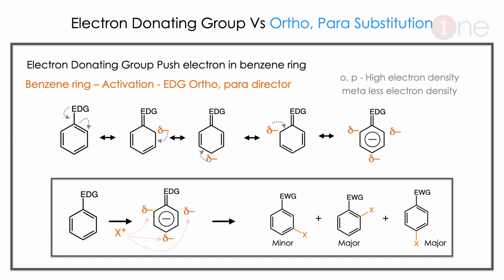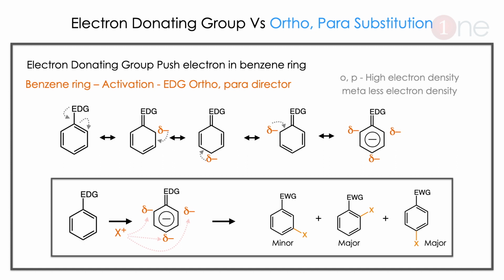Let us see how the electron donating group influences benzene substitution. In benzene, substitution normally happens at the ortho and para positions if an electron donating group is there. The electron donating group activates the ring, meaning the ring is electron rich. The electron donating group donates more and more electron, making the ring more electron rich. Since it is an electrophilic attack, the attack will be very favorable at the ortho and para positions.